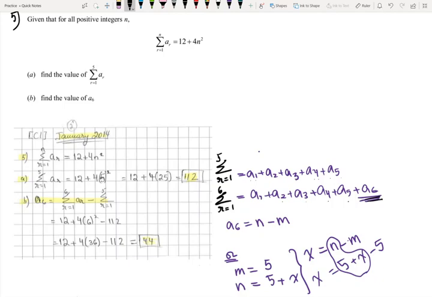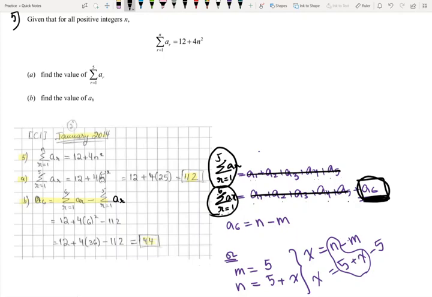Now they didn't ask us for the value of the summation, they asked us for the value of a certain term in this summation. So this is why, to find a6, we subtract the summation of a_r, where r equals 1 till 6, minus the summation of a_r, where r equals 1 till 5, because when you subtract them from each other, you will get this minus that, and a6 would be your value, and this is the value that they want us to find. So this is why you see here the summation of r equals 1 till 6 of a_r minus the summation of r equals 1 till 5 of a_r